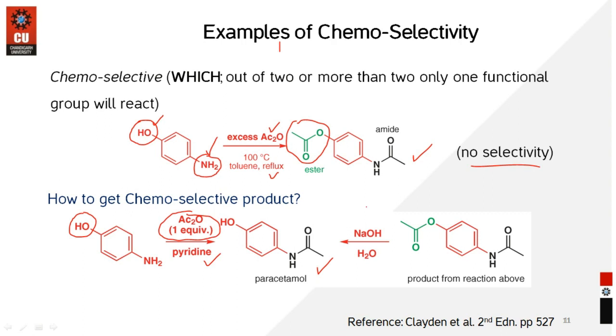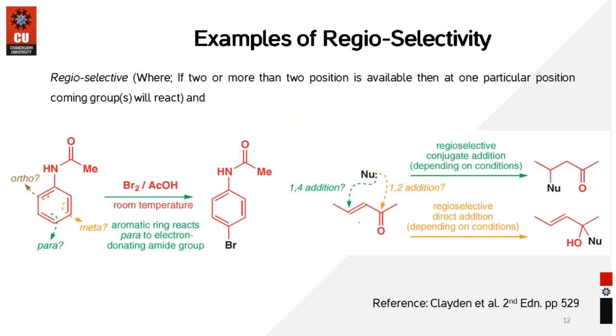The same molecule, if treated with NaOH, then the acetyl group on the OH position will be hydrolyzed. This has become an ester now, and the ester gets hydrolyzed if I add some sodium hydroxide. We can simply say I am doing hydrolysis. Upon hydrolysis, the ester group is removed. So the next example is regioselectivity.